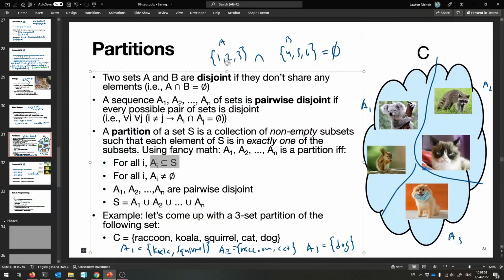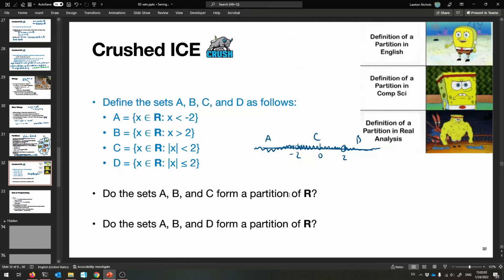They're all subsets of the real numbers. They're all non-empty. They're all pairwise disjoint. They don't share any elements. But this last one isn't true, is it? They don't make the original set. They don't partition all of the real numbers because they missed out on -2 and 2. You see that? So the answer is no. A union B union C misses